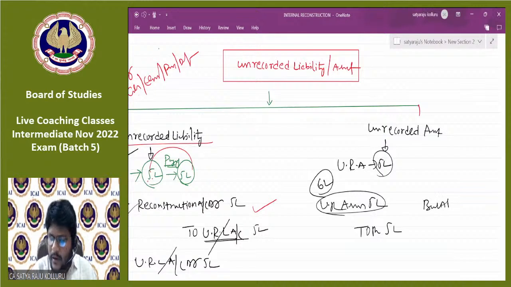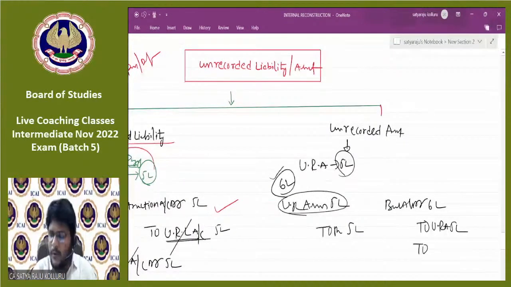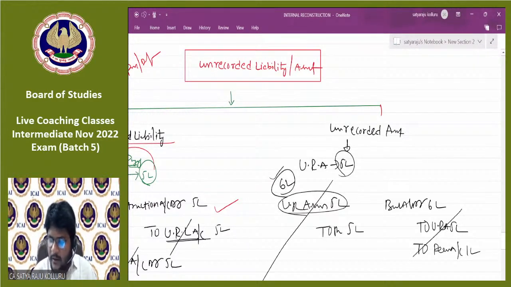Entry: bank account debtor, at how much value you are selling? 6 lakhs, sir. 6 lakhs to unrecorded asset account 5 lakhs. Remaining was profit. The profit or loss during the process of internal reconstruction, we may transfer to reconstruction account, which is 1 lakh. Now, unrecorded asset 5 lakh debit, unrecorded asset 5 lakh credit, cancel with each other. And in the reconstruction account, out of this 5 lakhs, 1 lakh is credit. Now, out of this 1 lakh also cancel. Now, bank account debtor,